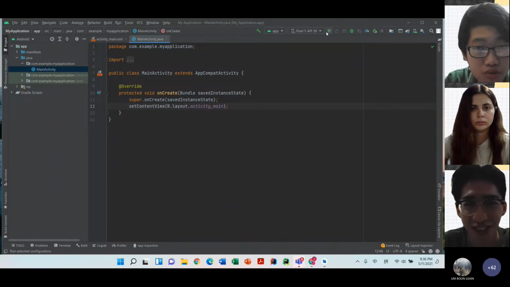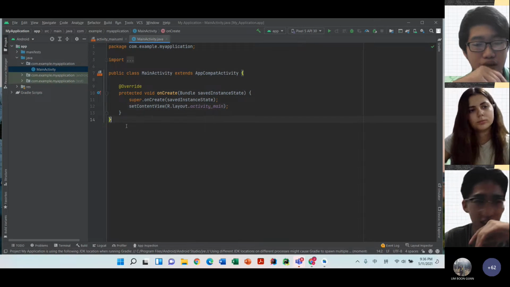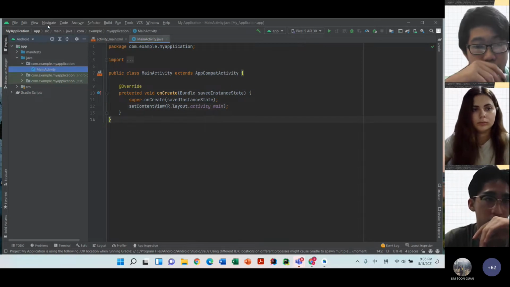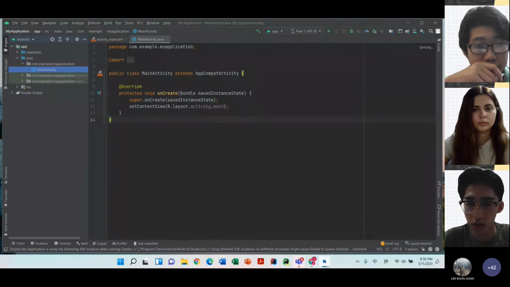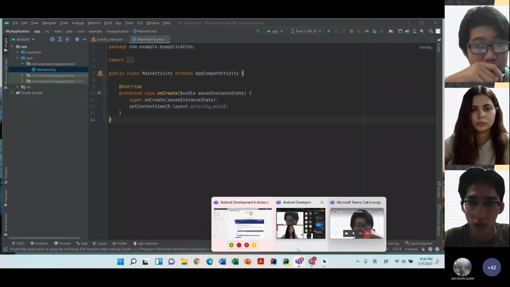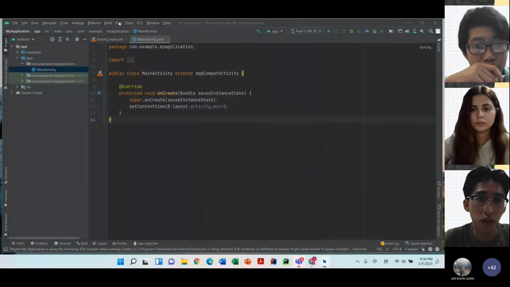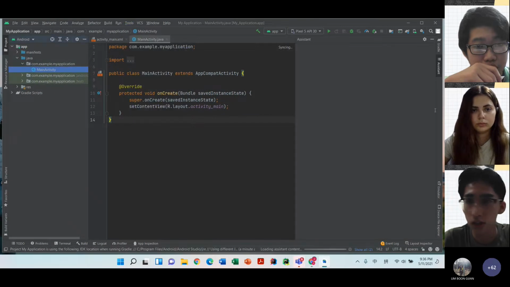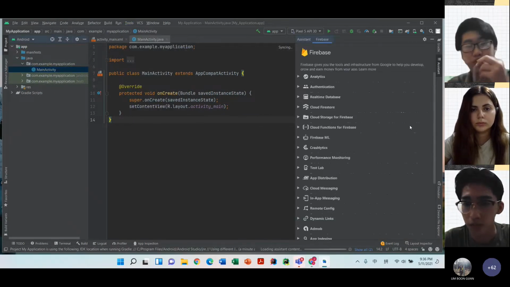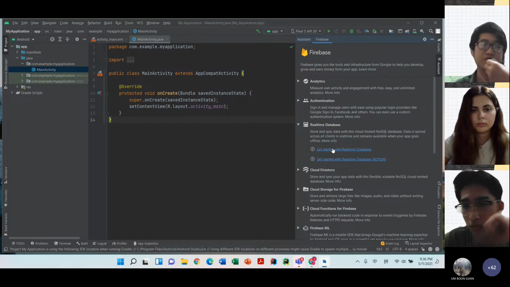The Microsoft sharing thing is blocking me from clicking. Okay. So Tools, Firebase. Okay, guys, follow. And look for real-time database, not Cloud Firestore, yeah? Real-time database, and click on it.